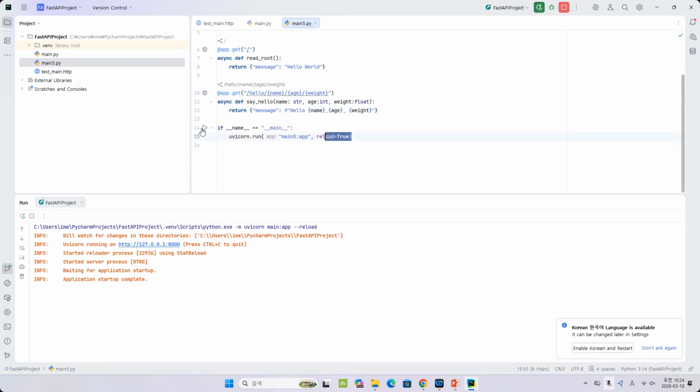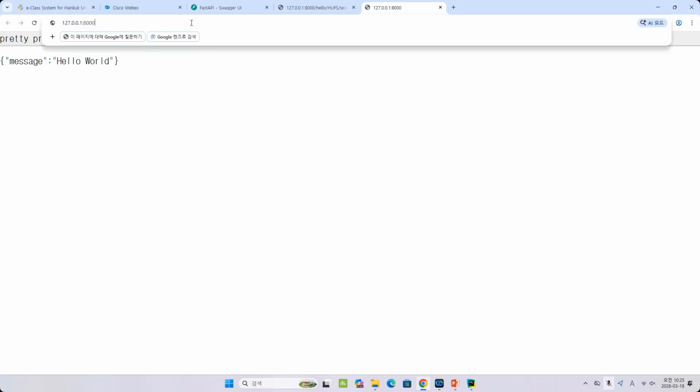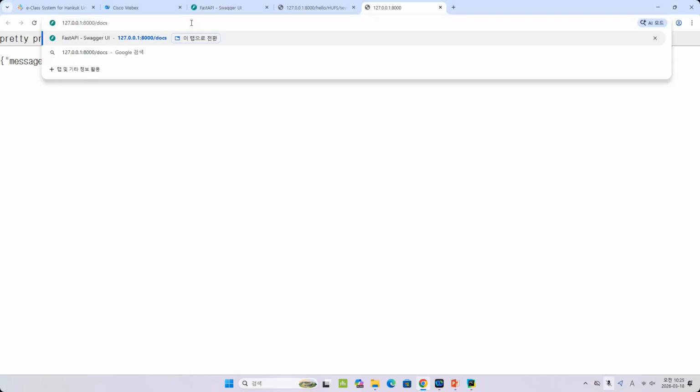Now you can see the button here. Can you see this? In the left part here, you can see a play button, and then when you click this one, yeah, there is a fun. So you can run main5.py. Okay. So when you run main5.py now, this is the environment in the main5.py. When you type docs,